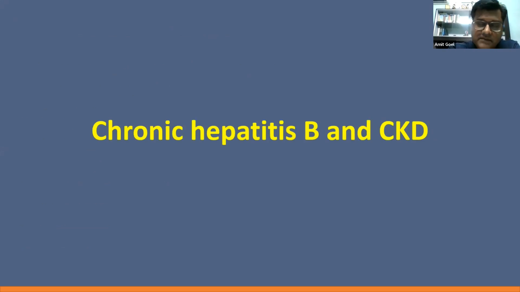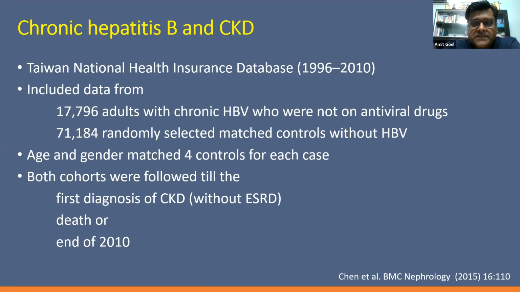So I will apply these criteria to chronic hepatitis B and chronic kidney disease. This was the first study, published in 2015, which strongly showed that hepatitis B leads to chronic kidney disease. This database was the health insurance database of Taiwan, which included around 18,000 adult patients with chronic hepatitis B. And please note, these participants were not on antiviral drugs. So the kidney disease cannot be attributed to the antiviral drug tenofovir, which can lead to proteinuria or